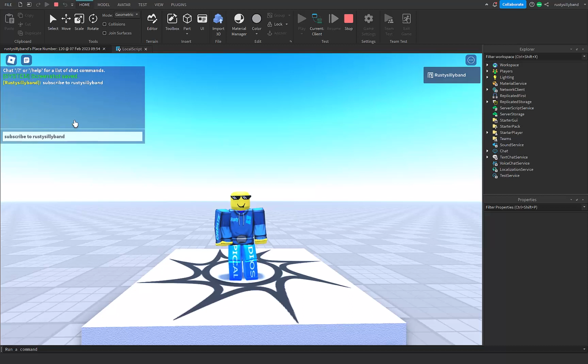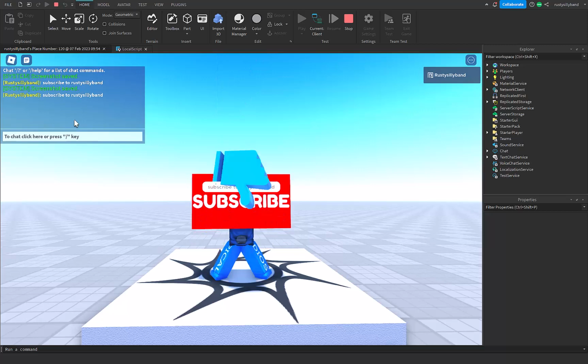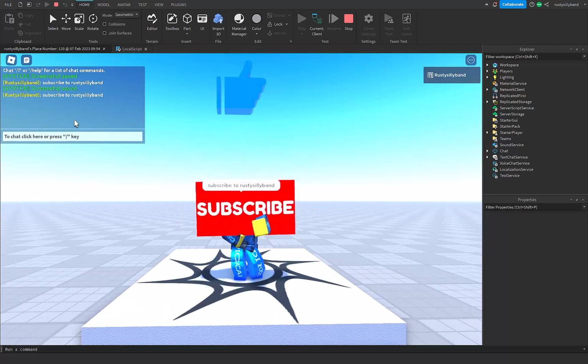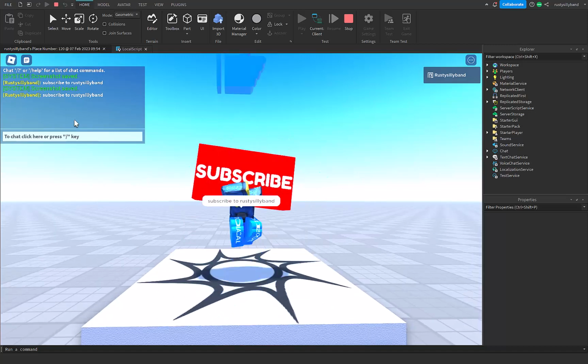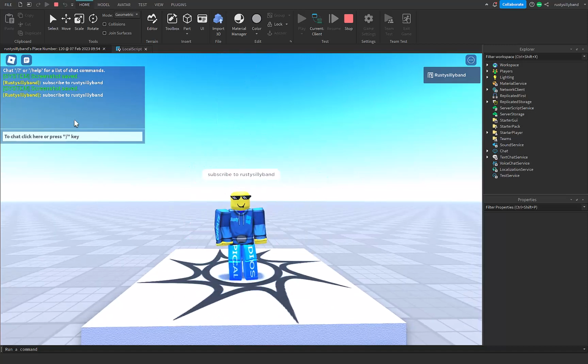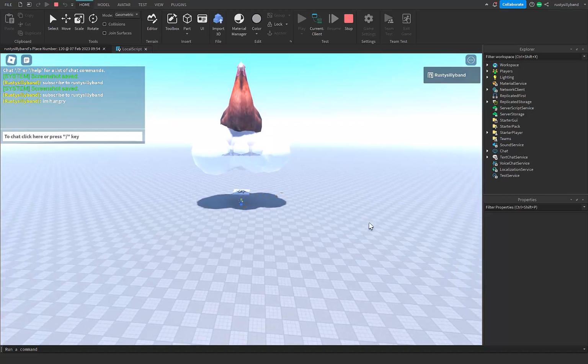Have you ever wanted to bring your chat conversations to life in a Roblox Studio game? Well, now you can by transforming your chat into in-game actions. This step-by-step guide will teach you how to use functions in Roblox Studio games to turn chat conversations into action. Let's get started.